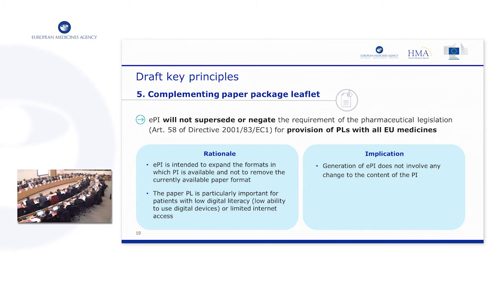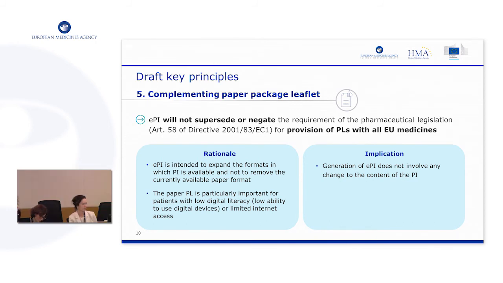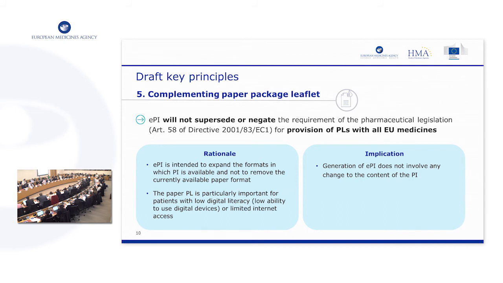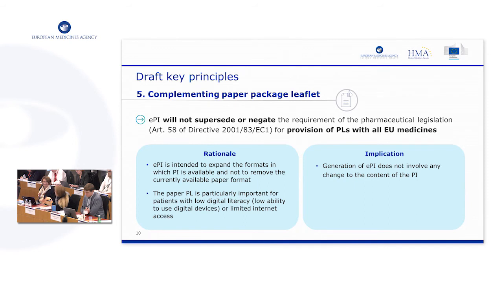Certainly, this would be something where, where the translation is available, we would like to have that accessible. In addition, the controlled vocabularies such as SPOR support multilingual content. But we're not currently proposing any new additional translations, so it would be just where the translated version is available. For example, like centrally authorized medicines. Yeah, because at the moment you don't have that option, so that would really be an add-on. Not all medicines have translations in all the languages, but the centrally authorized medicines do, so currently we would envisage that if the translation is available, then it would be possible to access it.